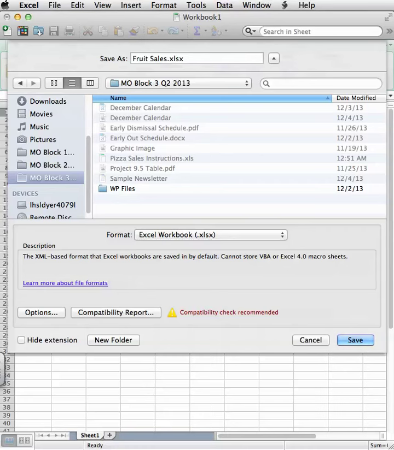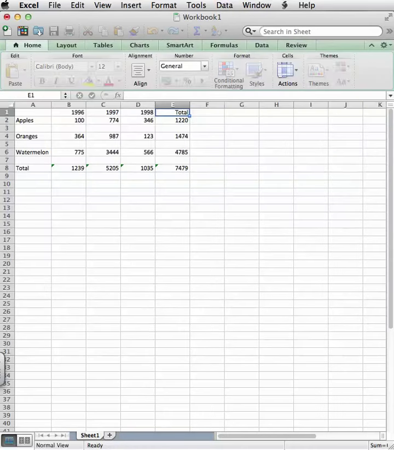Fruit Sales. And then let's do a save. Okay, now you'll notice up at the top that Workbook 1 has now changed from Workbook 1 to Fruit Sales. So the file's been named, it's been moved to your Block 3 folder, all right, and is